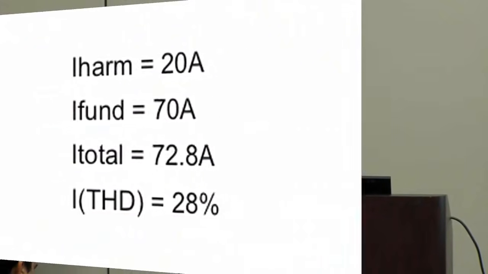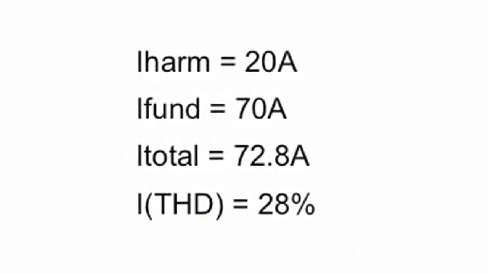Even though the fundamental's only 70 amps, the total current the system or the transformer would have to supply is basically 72 amps. 20 amps of harmonic currents, 70 amps of fundamental currents. So a total of 72 amps. So if we looked at this and did the mathematic on it, we got a current distortion, or a THD,